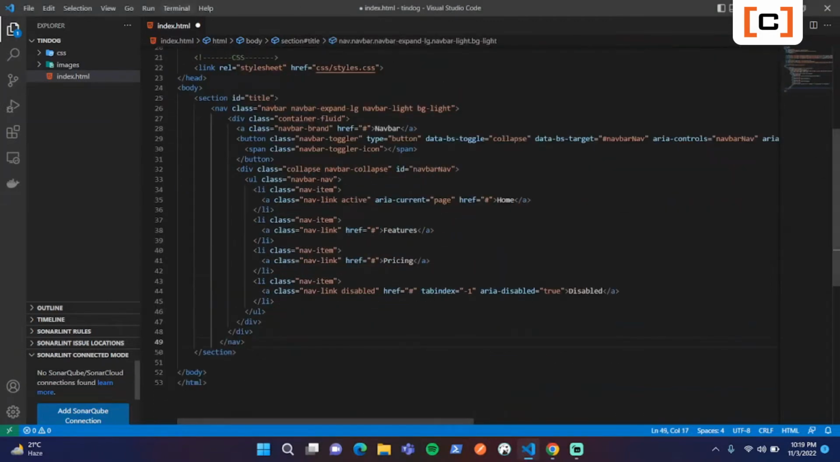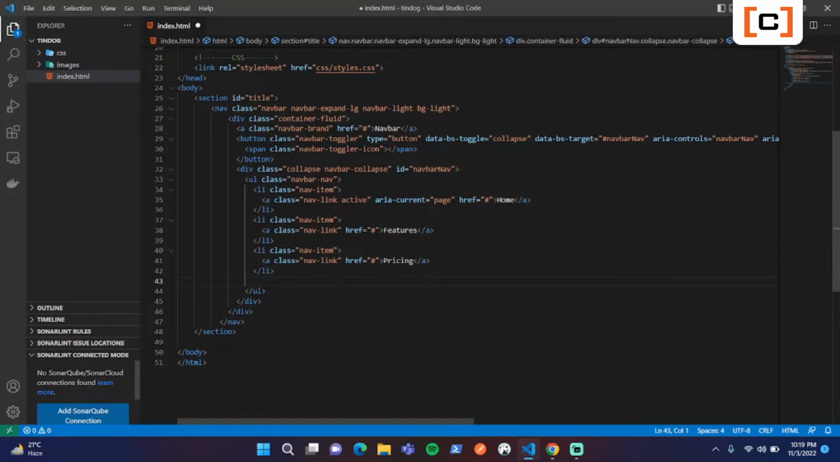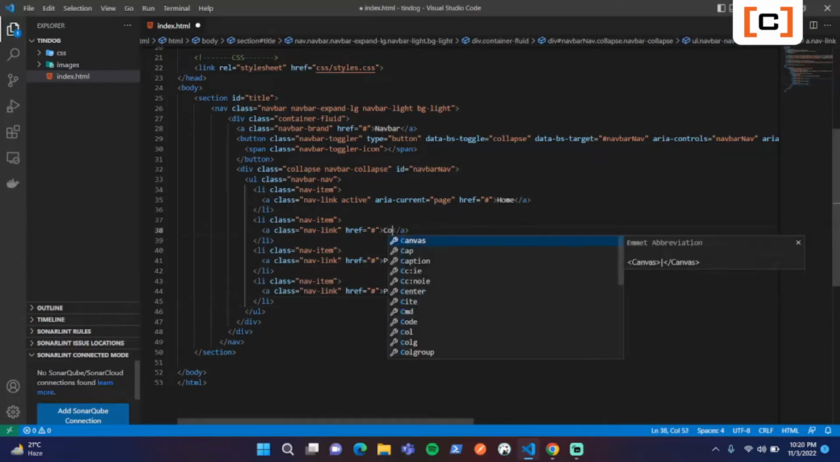So most of the navbar is going to be exactly the same, but what we are going to do is remove this disabled link because we don't need that, and instead we will create this link, which we need because we have three sections there: contact, pricing, as well as downloads. So let's change this to